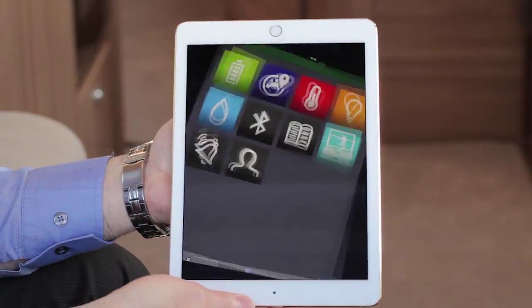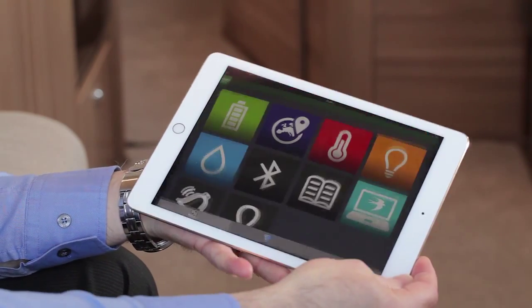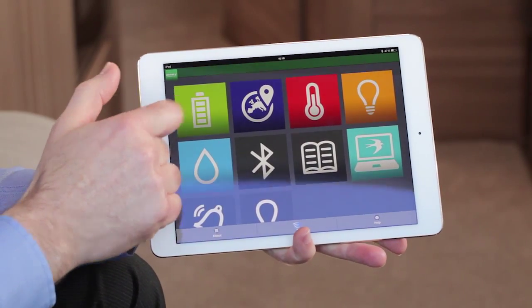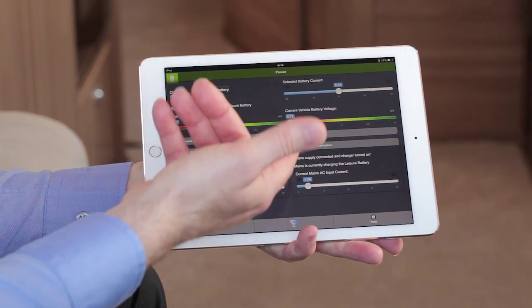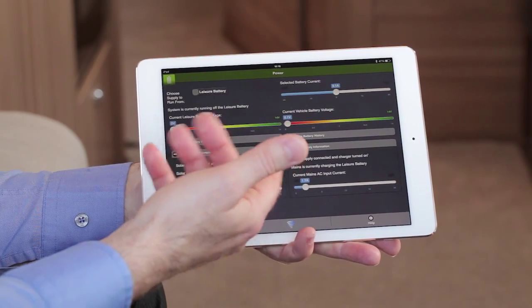Now the first thing you'll notice is a series of very easy to identify icons. If we go through them one at a time, then this is the power control systems. So on here, for example, you can see the health of the leisure battery, the state of the charger. You can see the solar panel, whether it's operating correctly or not. If you've got a motorhome, then you'll be able to see the state of the vehicle battery and also the